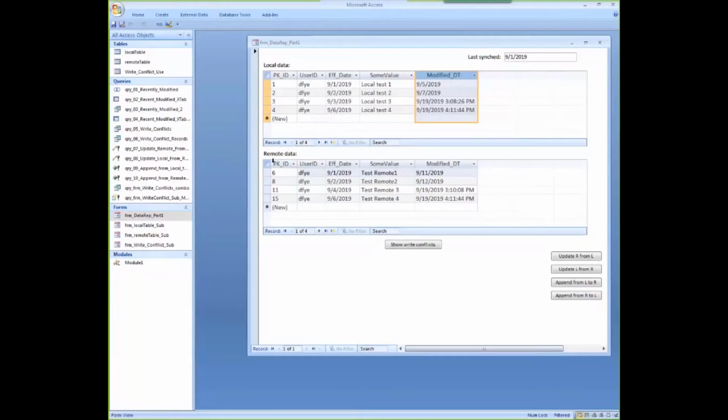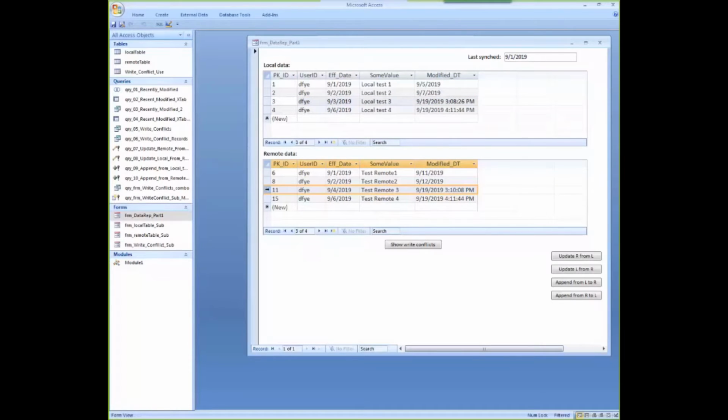If you're syncing data up and down, or you've got other people entering data on the remote data set, you're going to have gaps in your data. You'll also notice that there's a record here that was dated the 3rd, and one here that's dated the 4th that aren't in each of the other tables.